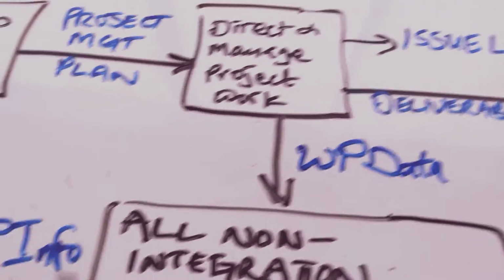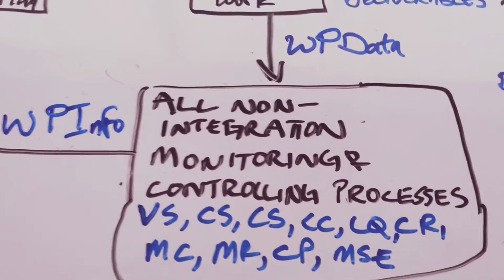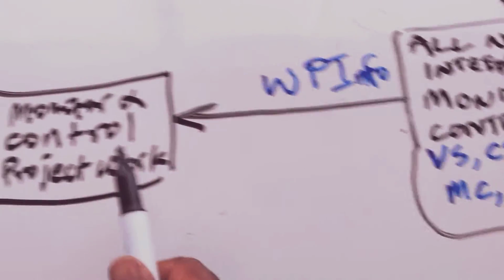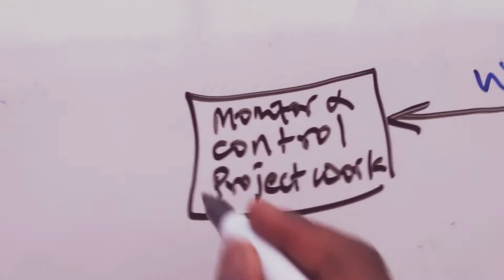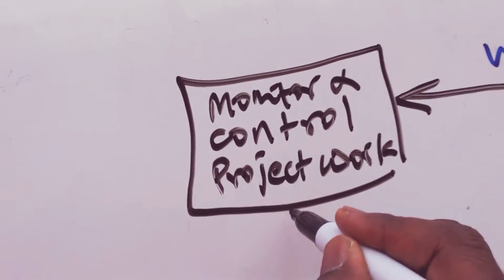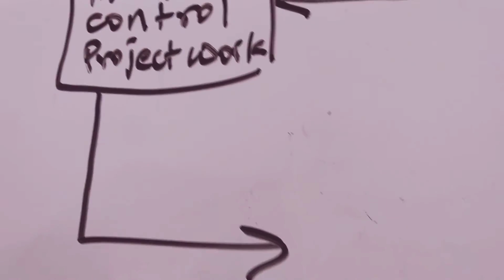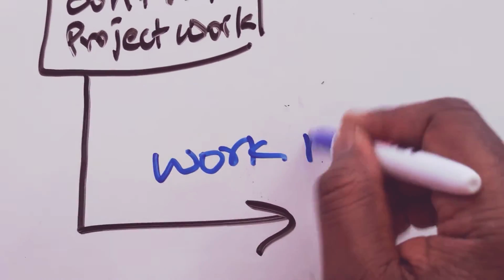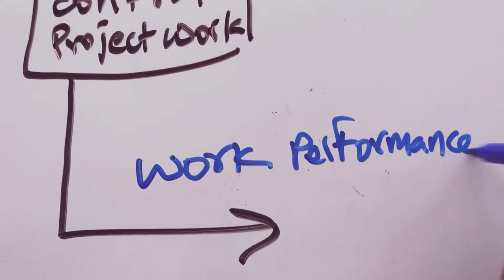That data needs to be analyzed so you understand status, you understand what's at stake, you understand risks better, you look at trend lines, you understand the project variances, and all of that information gets put back into monitor and control project work where you are going to get out something known as a work performance report. So the output is work performance report,